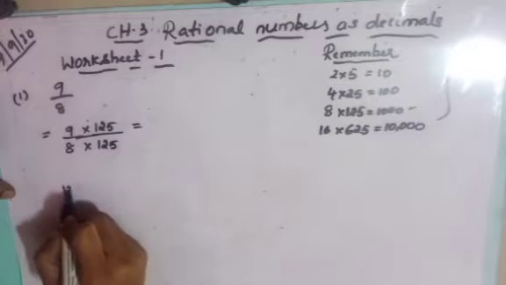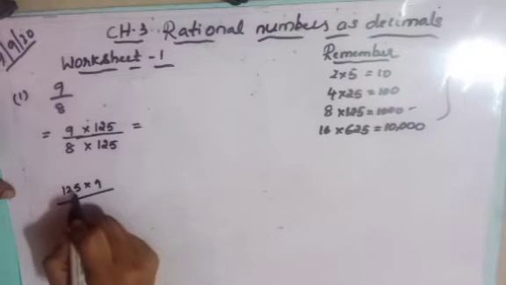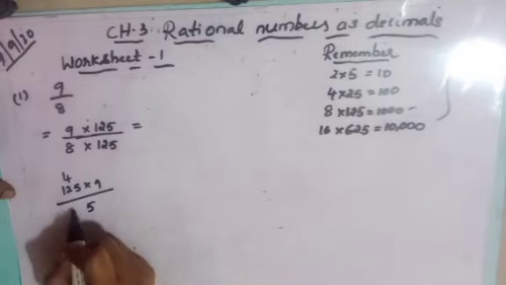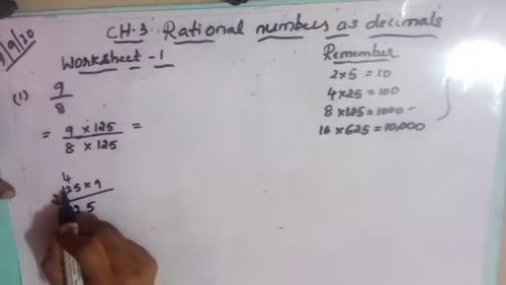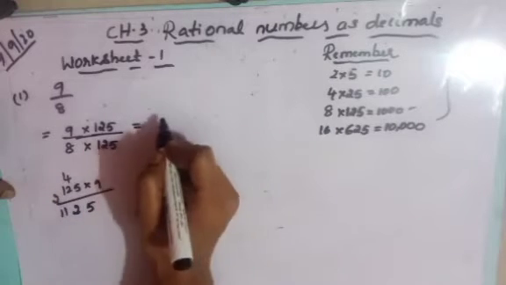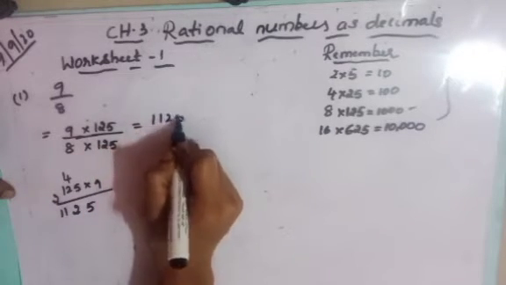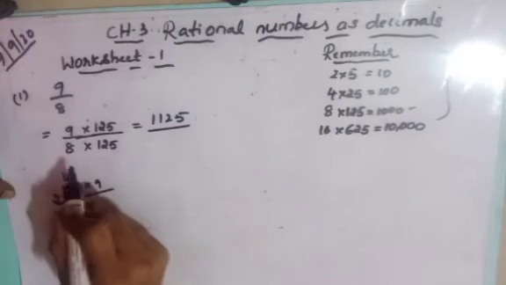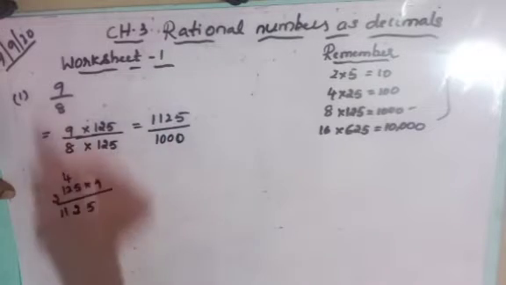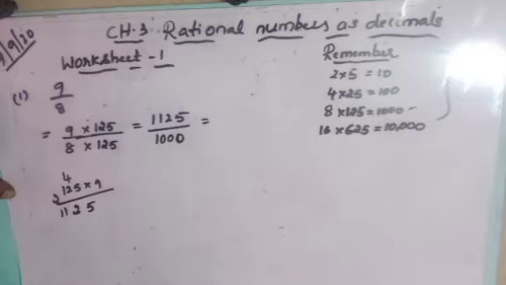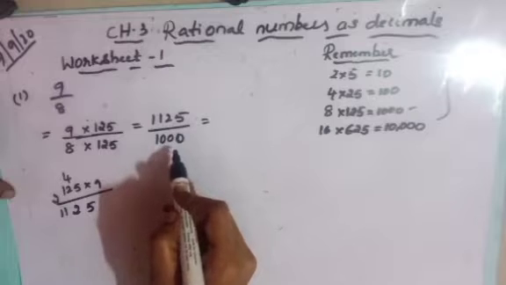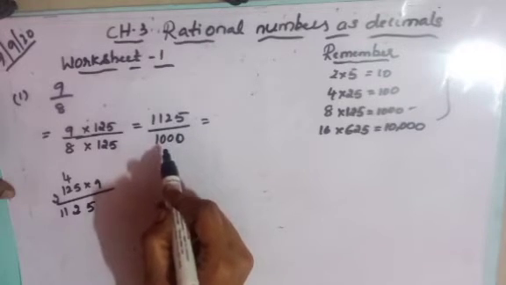So let us multiply here, 125 into 9. 9 5s are 45, 4 carry, 9 2s are 18, 18 plus 4 is 22, 2, 9 1s are 9, 9 plus 2 is 11. So write here 11. So when we multiply, how much will we get here? 1125 divided by, so 8 125s are 1000. So write here 1000. Next, let us convert this 1125 divided by 1000. So now the denominator is converted into the powers of 10.